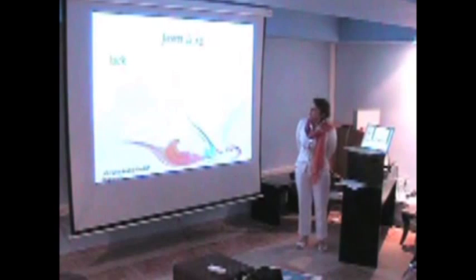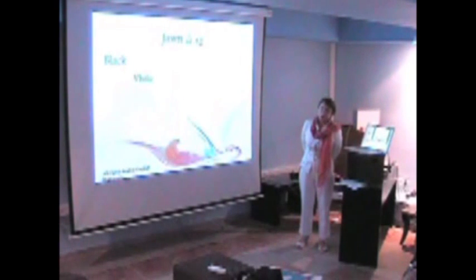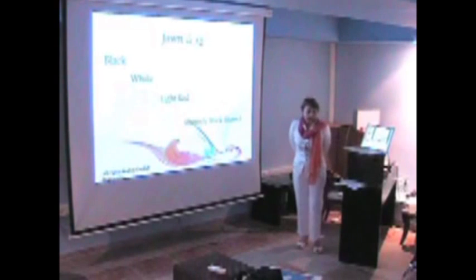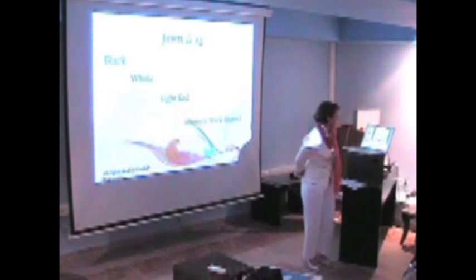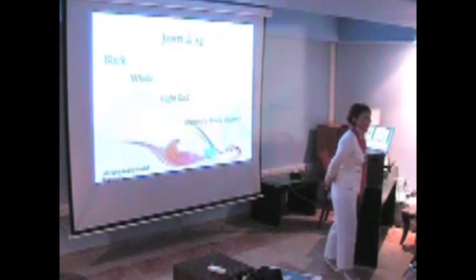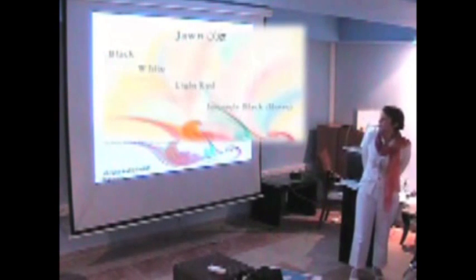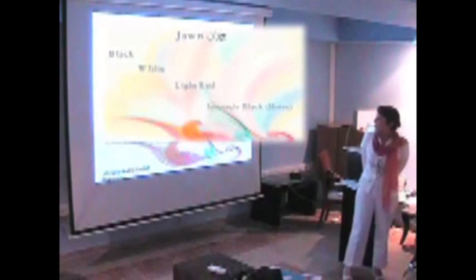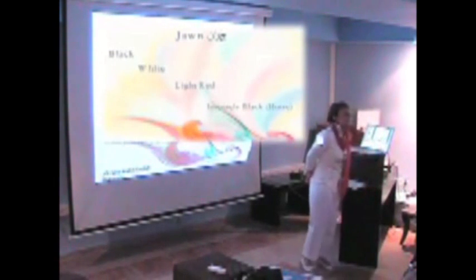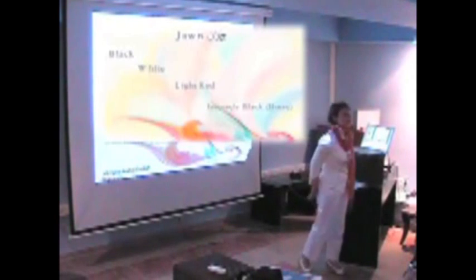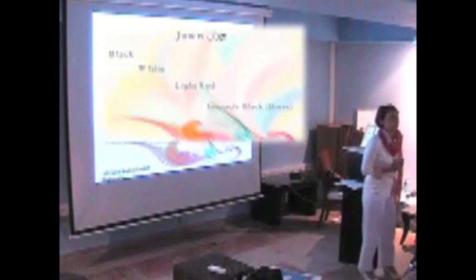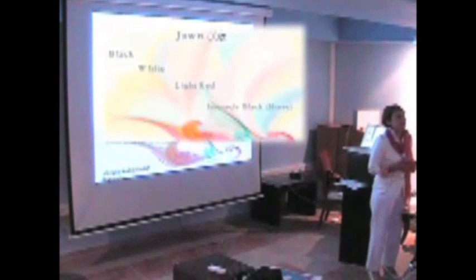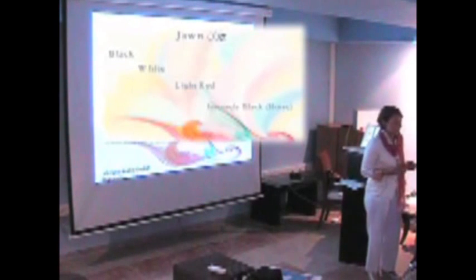And jawn means black, white, red, intensely black horse. This was a little confusing, I have to say, that something could be both black and white at the same time. But it turns out that this is actually a literary device, something used in the Quran, where a word means both itself and its opposite.